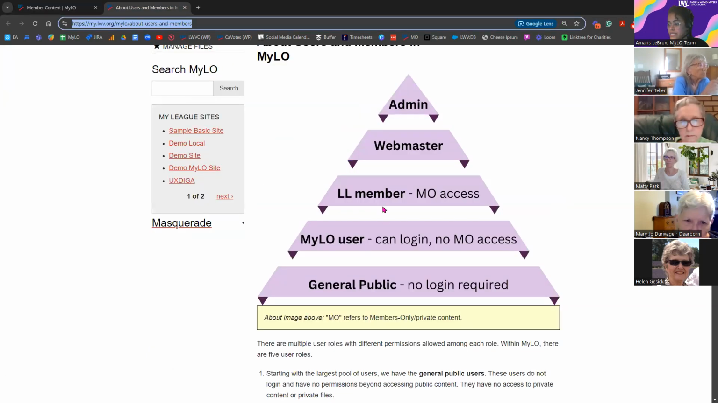And then we go a step higher above that, then they are added to a group within MyLO. That means they have access to that group's members only section. From the second step to the third step,